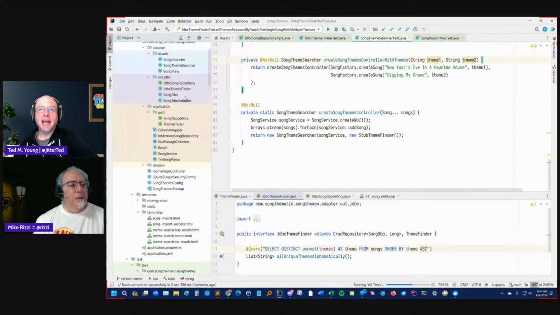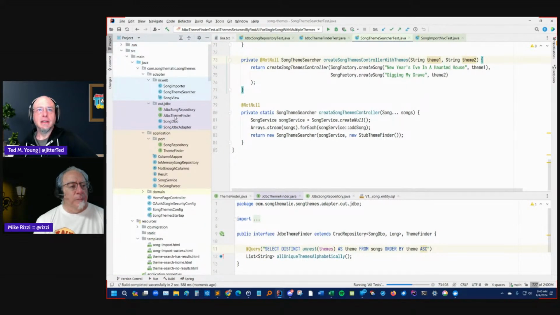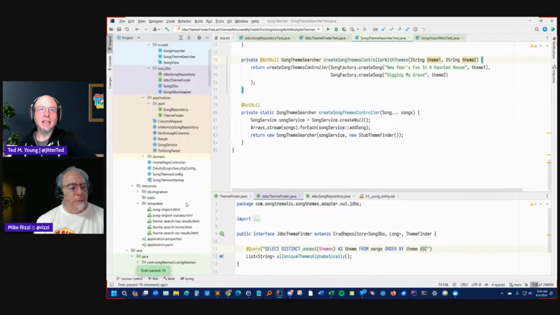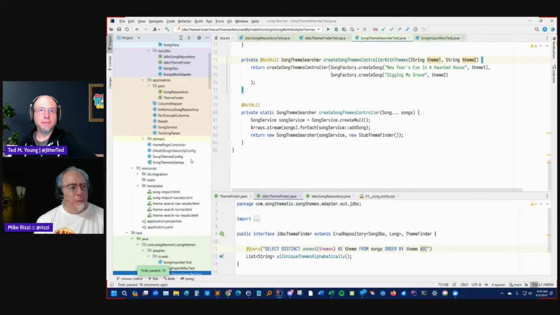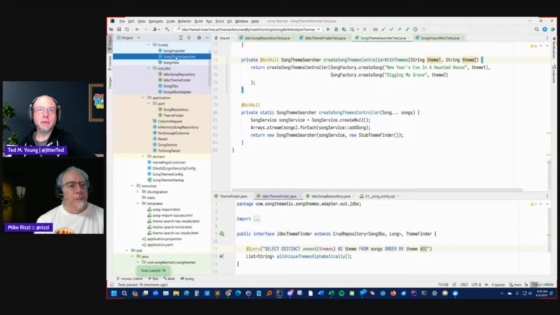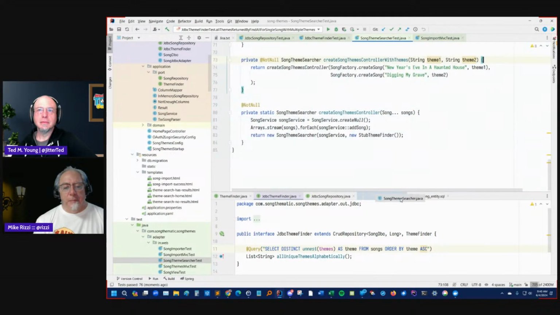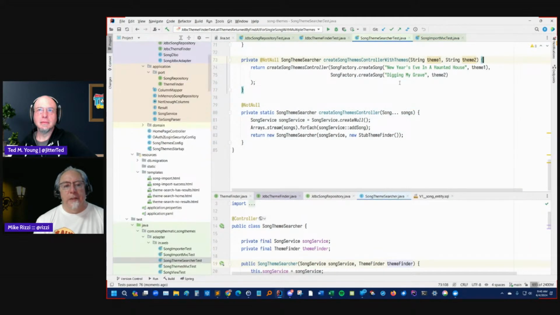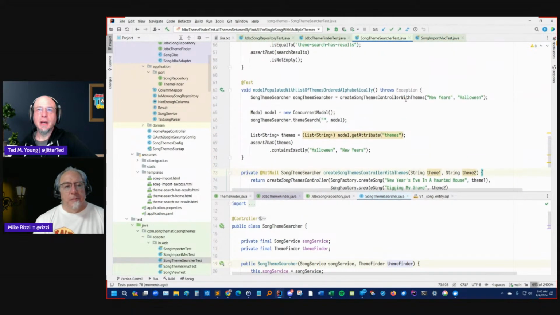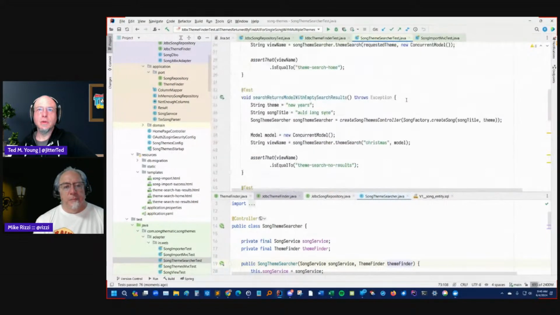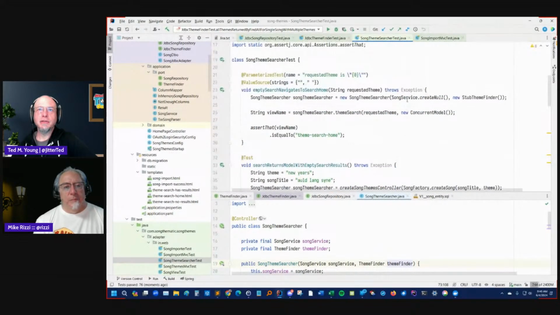So somewhere we have, just below the HTTP level, I guess it would be our song theme searcher. Somewhere we've got a test against that. Yep. It's right here. Song theme searcher. So do we have a test for